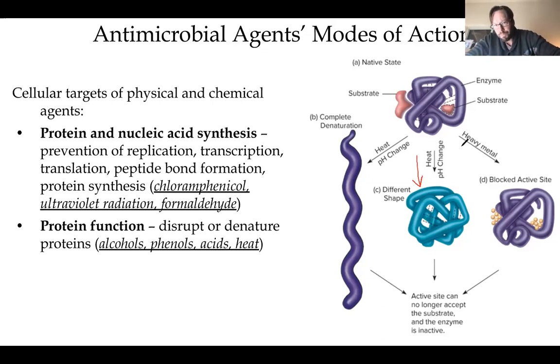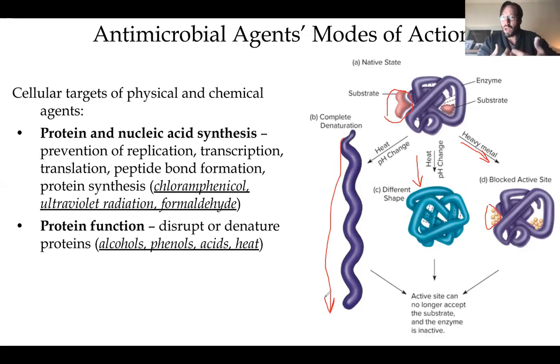You can also, for instance, when we'll talk later about heavy metals, those heavy metals can actually block certain active sites on the protein, and now that substrate that is looking to bind cannot bind because it's already being blocked by something else, again rendering that protein functionless. If you give it enough heat, you'll just completely change the shape to where it's just loose, and now it can't do anything either. Okay,